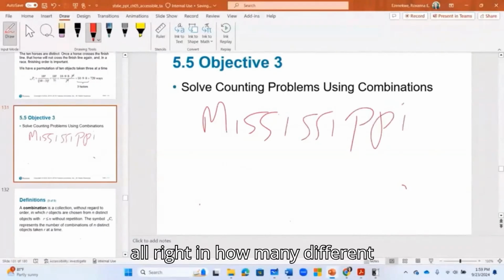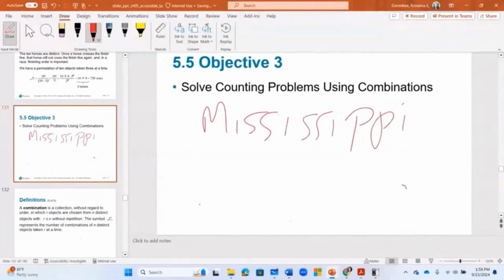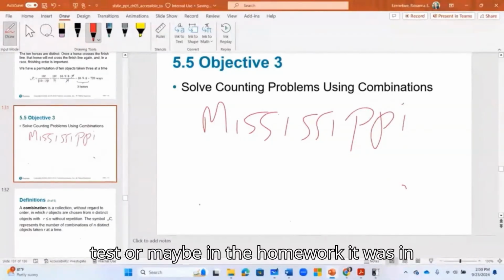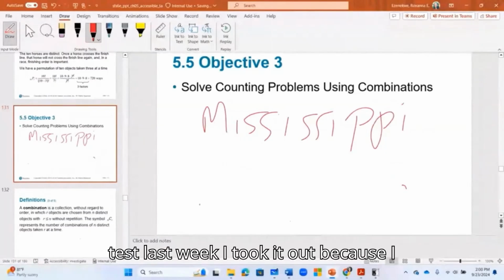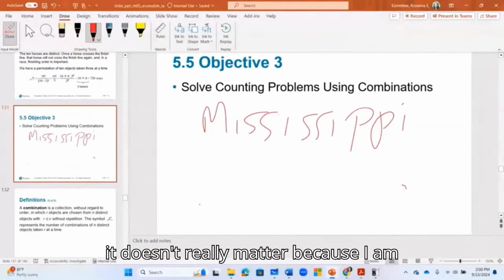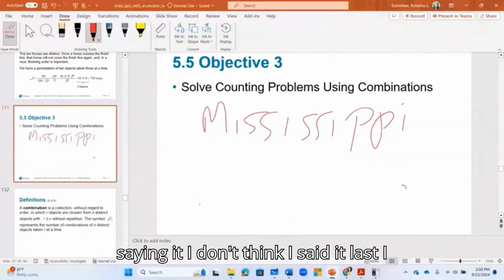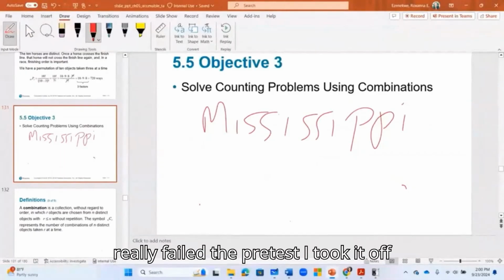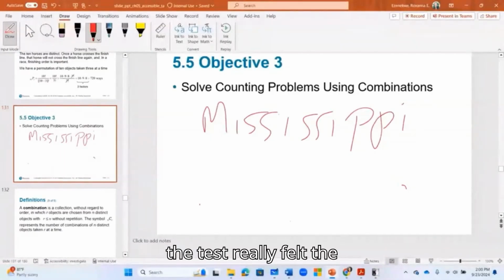All right. In how many different ways can we arrange the word? This is in the test, or maybe in the homework. It wasn't on the test last year. I took it out because I didn't like the way people failed it. I don't think I went over it in class, so they really failed the pre-test. So, okay. Anyway,